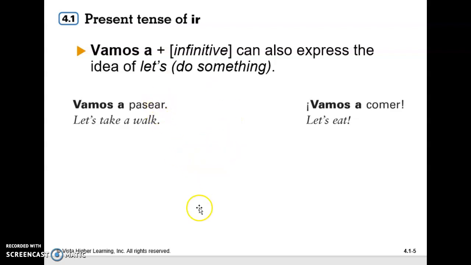And also to say, let's go take a walk. Let's take a walk. Vamos a pasear. Vamos a comer. Let's go shopping. Vamos a comprar o vamos a hacer compras. Let's go to